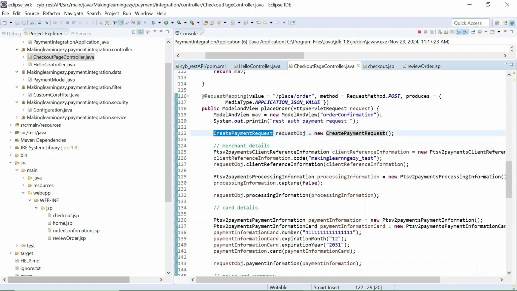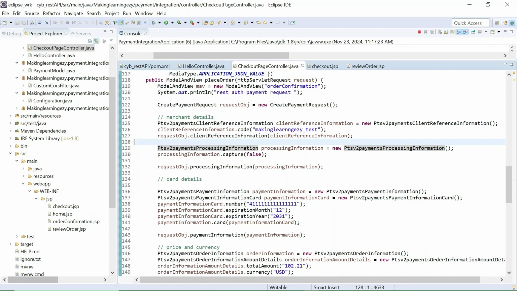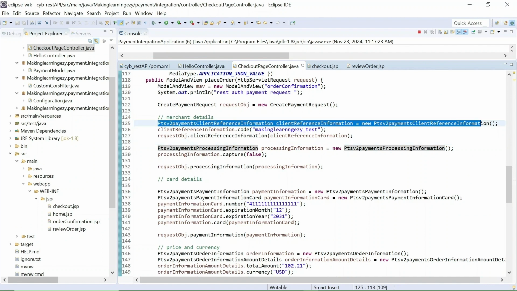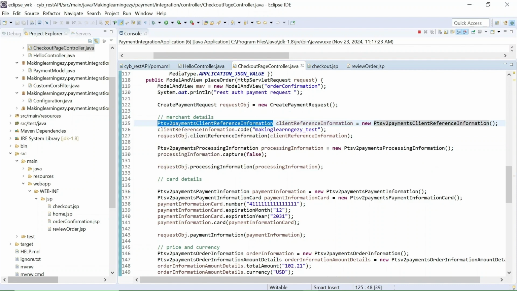This class is part of the REST client which we downloaded. Here I have added that client. Then you need to create the object to set the client information. This would be the type of the object, and here you are passing the merchant ID, MID, and we are setting this in the request object.